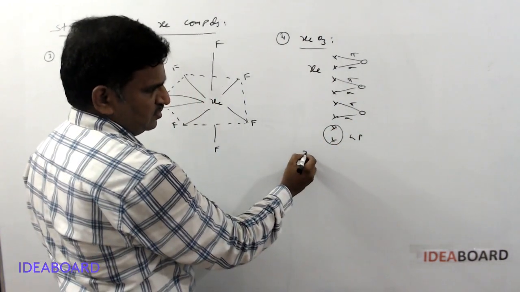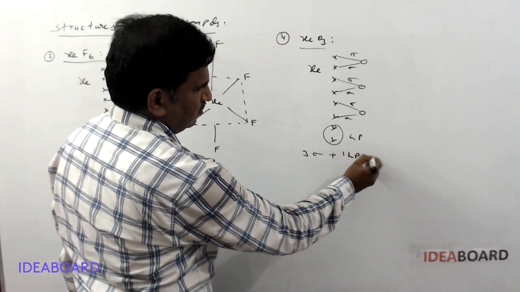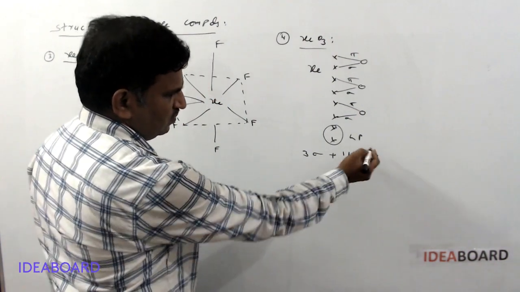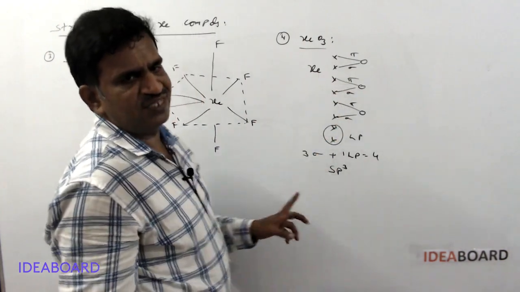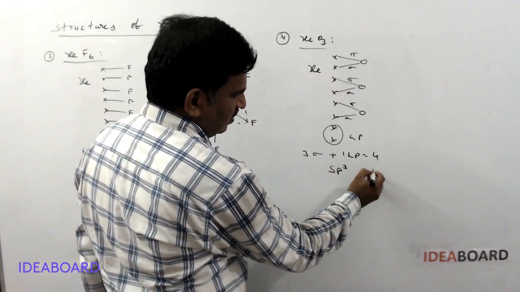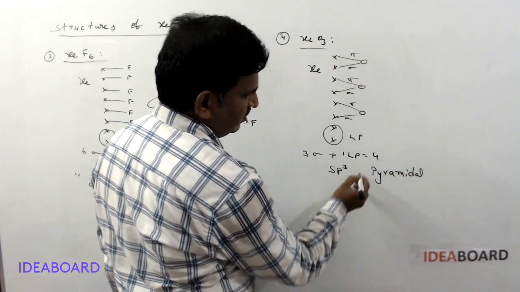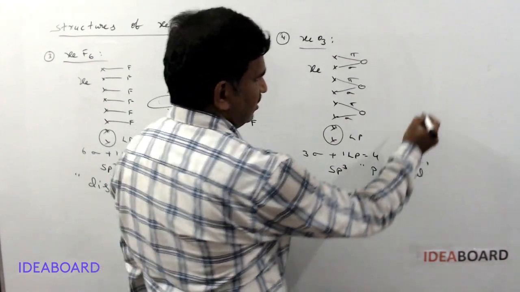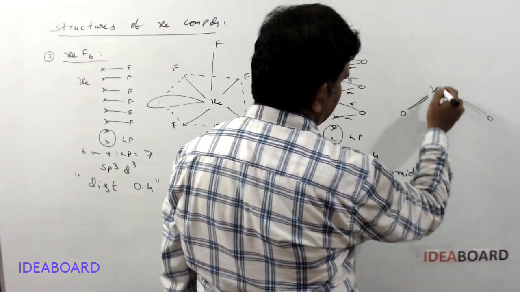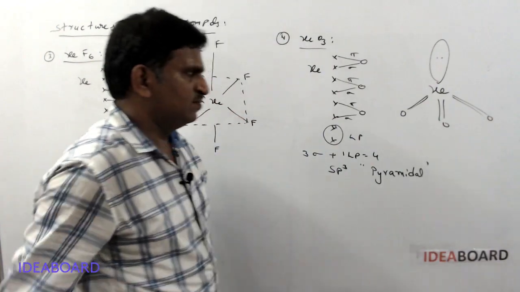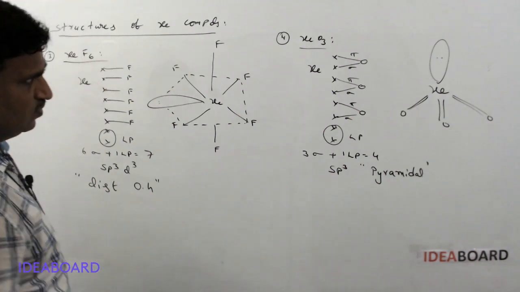In calculation of hybridization, we consider only sigma bonds, and 3 sigma plus 1 lone pair, total it is equal to 4. Total 4 means we will get sp3 hybridization. Generally, without lone pair, sp3 means tetrahedral, but there is one lone pair. So the shape of the molecule is trigonal pyramidal, or a pyramidal shape. And here in the pyramidal shape we can indicate like 1, 2, 3, and the fourth, lone pair. Okay, this is an sp3 hybridized and pyramidal shaped molecule.